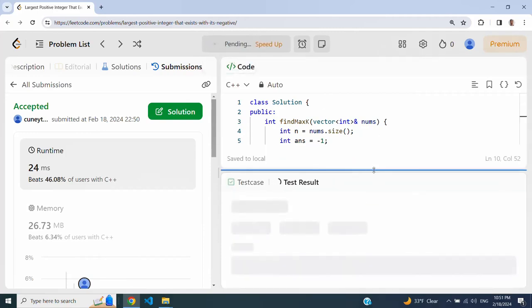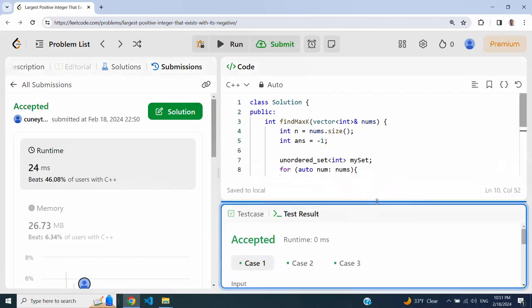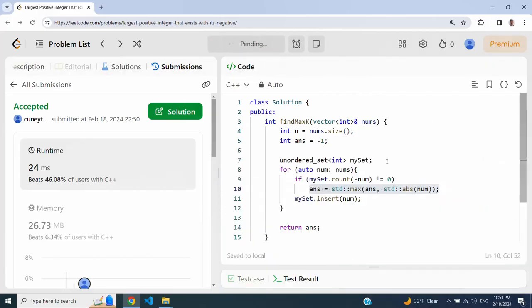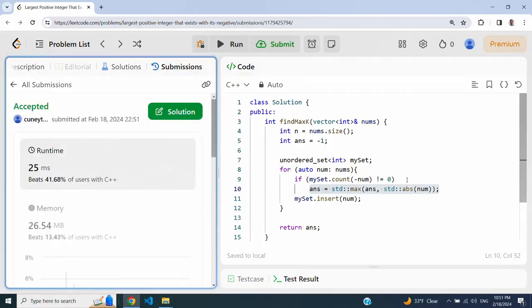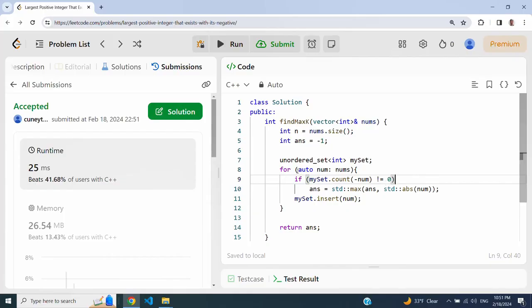This is not perfectly order n because we're using a hash set, and insertion and search in a hash set takes expected order 1 amount of time. So again, we just have one loop to iterate over the numbers of the given vector. Searching in a hash set takes expected order 1, and insert into a hash set also takes order 1. That's why this is an order n algorithm, but it uses order n extra space to solve the same problem.